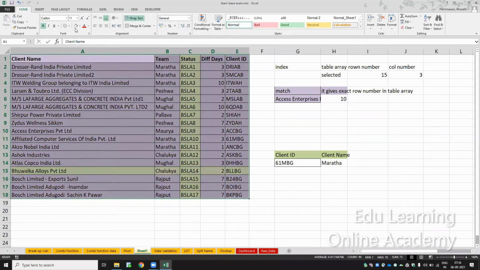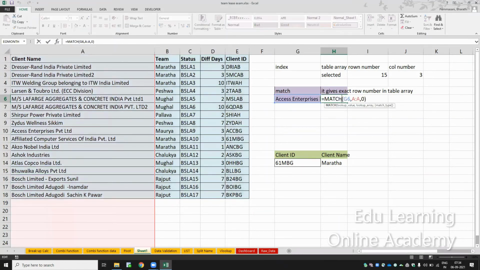Last, you mentioned 0, right? So it is exact matching. So always by default we have to keep exact match. If you mention any other number, it won't work. We'll have only zeros and ones, used in different cases, but we'll never use anything other than zero. Always zero. So in VLOOKUP also you have to give zero only. In the MATCH function also you have to give zero only. Always zero.